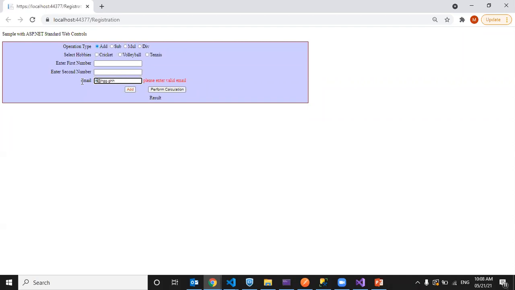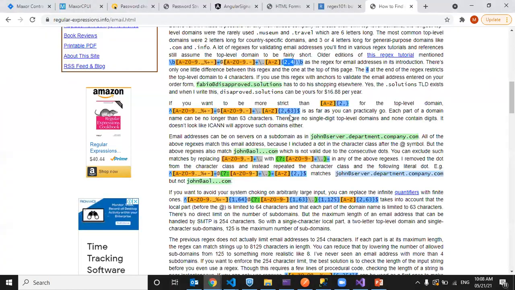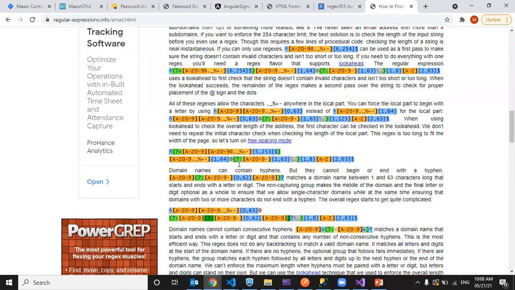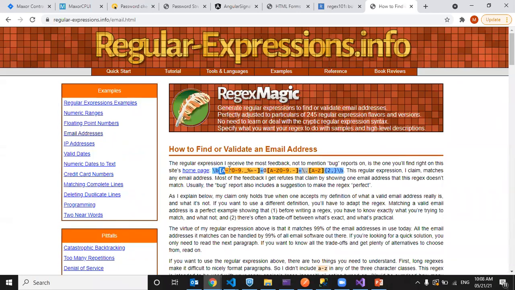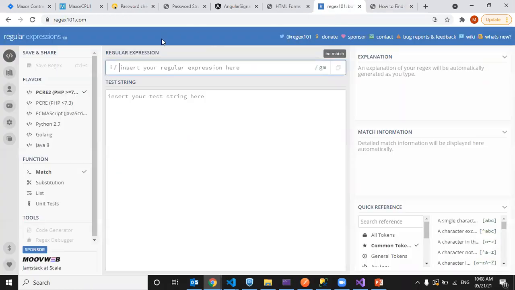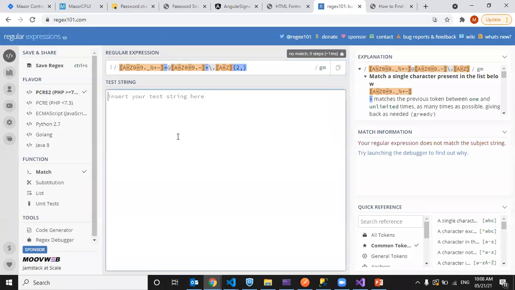But the other format is wrong. And what else is the error? Just a second. A to Z, 0 to 9, dot. So we can take this and place it here and check.